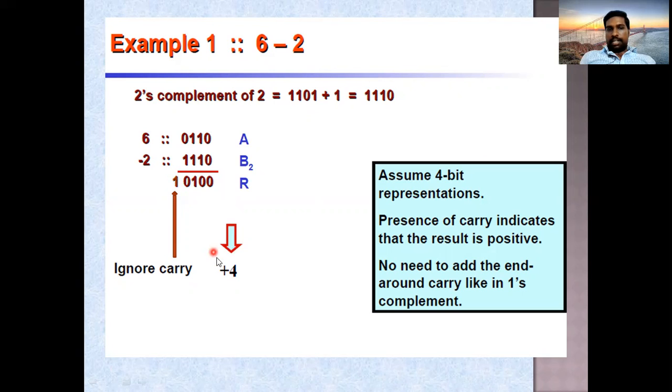As carry is generated, you will get a positive bit. So plus 4 is the answer. The same question we have seen previously using 1's complement, there also we got plus 4. And now we are seeing it with 2's complement. Here also we got plus 4. That's what I said: whatever the method may be, your answer should be the same. Please make a note that the process may be different, but the answer should be the same.